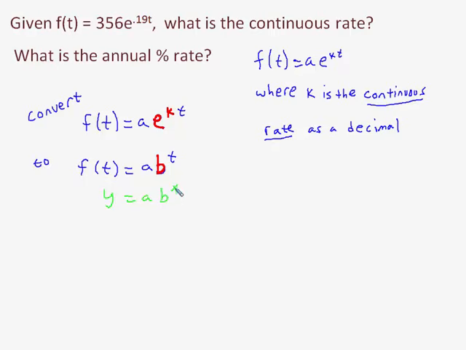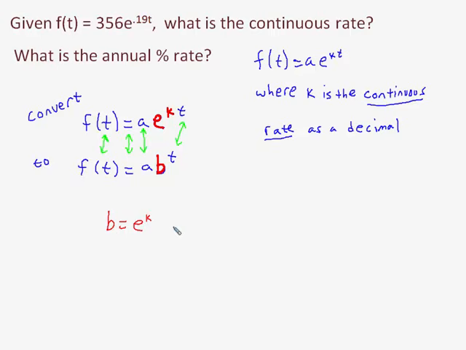It's just we're using t rather than x for our input variable and f of t rather than y for our output variable. So comparing the two equations, notice that we have not relabeled a. The start value is still a. Our output variable is the same. In fact, everything lines up. F of t lines up, the equal signs line up, the start values are still the same, and our input variables are still t. The only difference between the formula that allows you to easily ascertain the continuous rate and the formula that makes finding the annual percentage rate easy to ascertain is that where you see e to the k here, it is b over here. So setting those equal to each other, you see that b is equal to e to the k.